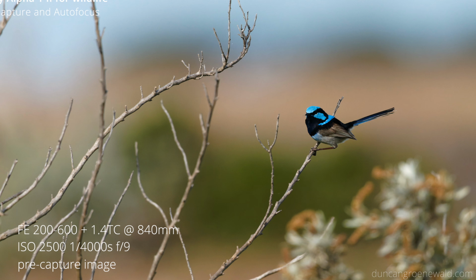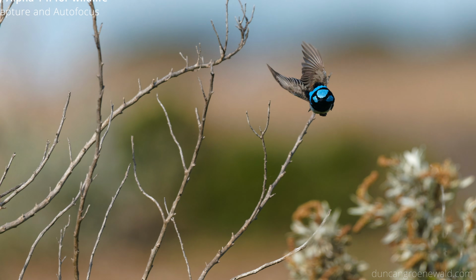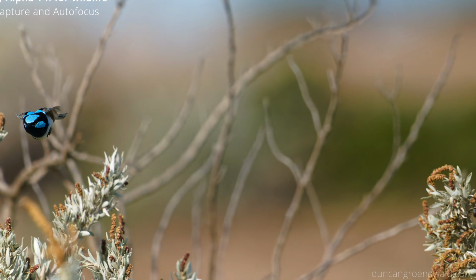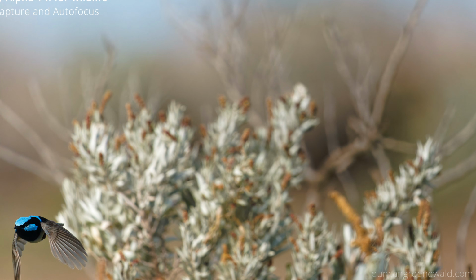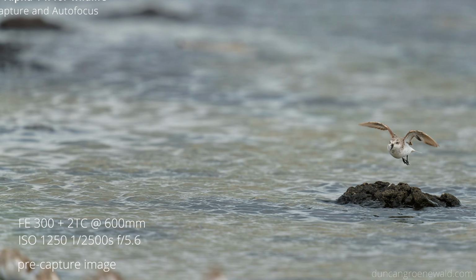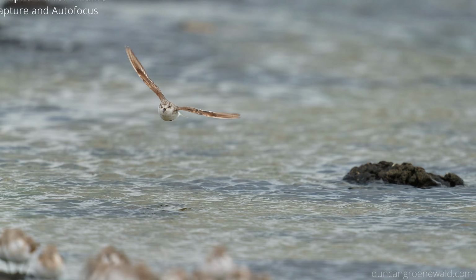Here we have a male fairy wren taking off and flying toward the camera. As you can see, the camera has no difficulty keeping the focus on the bird. This is taken with the FE 200-600 lens with a 1.4 teleconverter attached at 840mm. And the lens is more than fast enough to track this type of subject accurately, despite what many people seem to think. The next example is a red-necked stint, which are very quick,